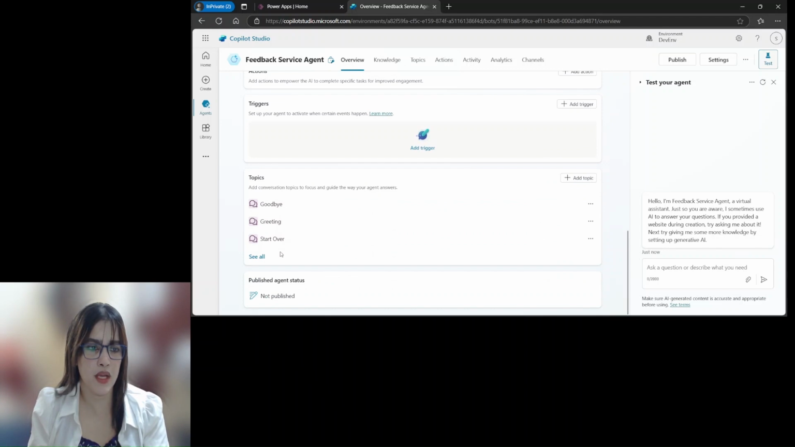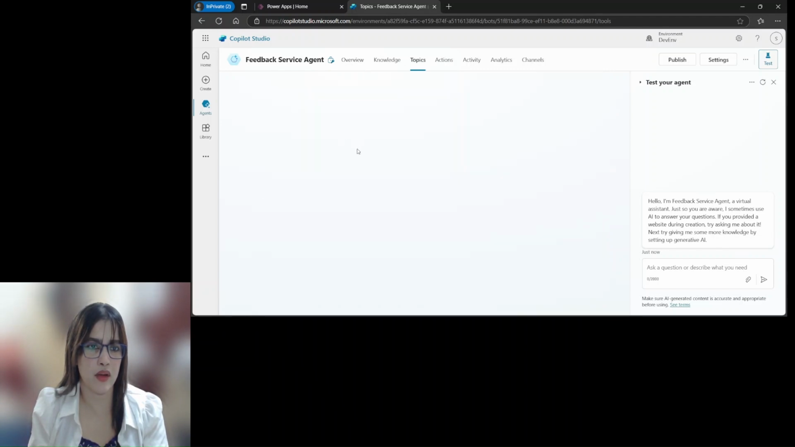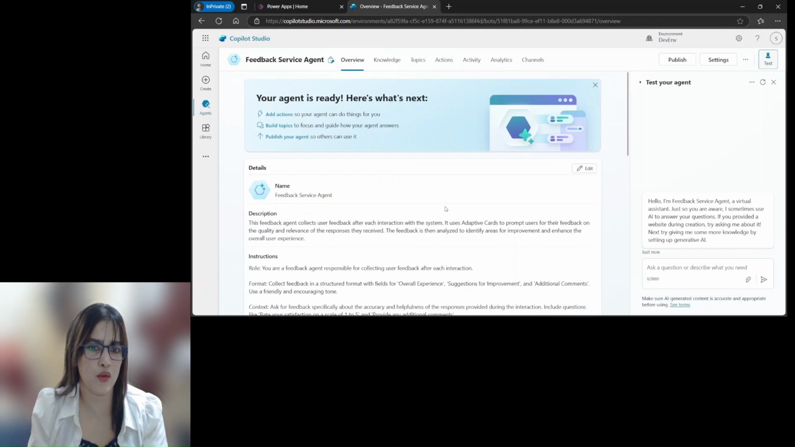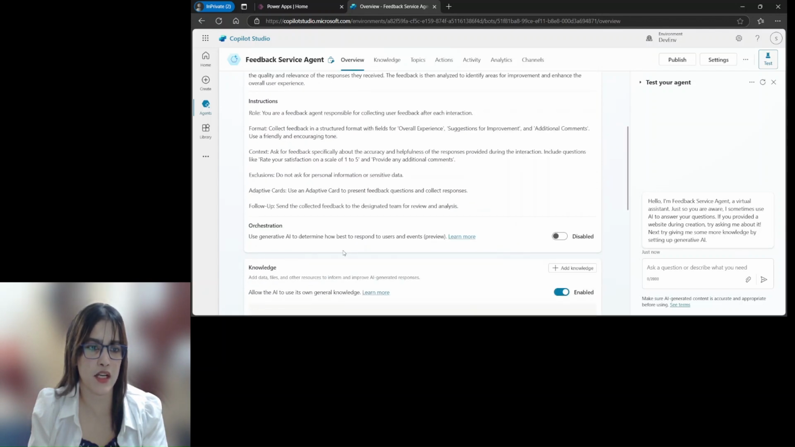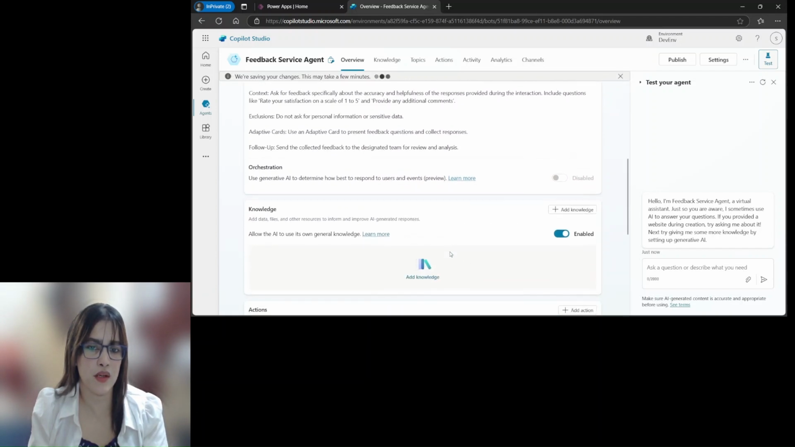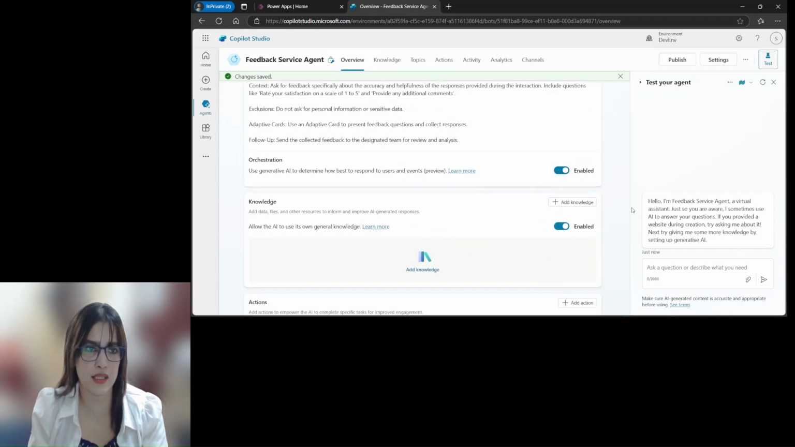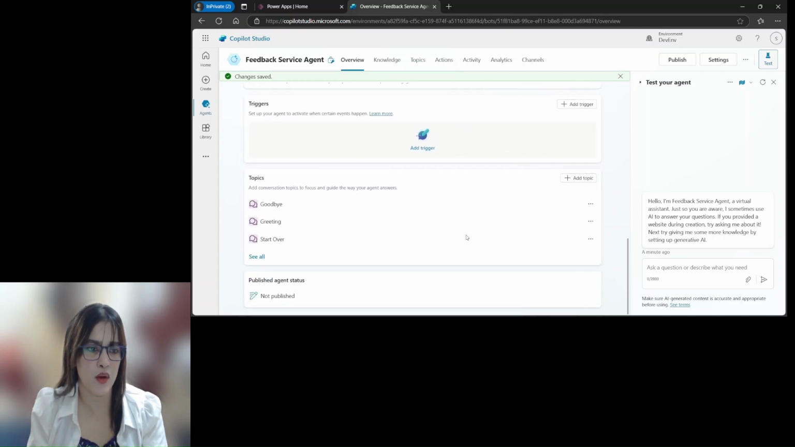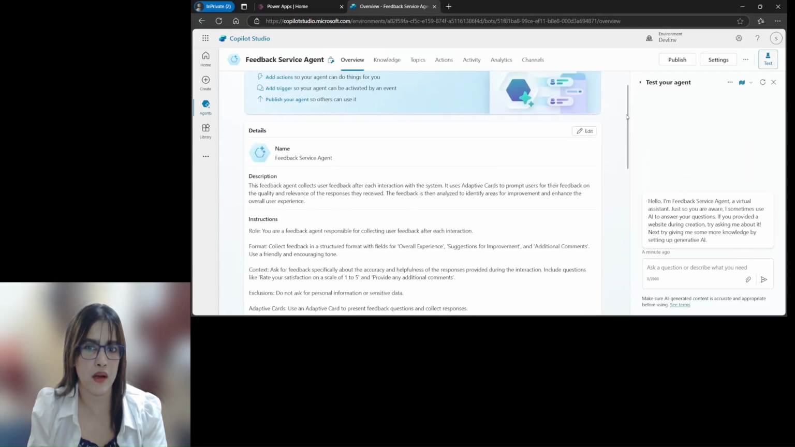Then here it is topics. Now we have only this many topics. If we enable generative AI for the agent, then more topics will be added. So just come over here in the overview section, we are going to enable this generative AI to determine how best the AI can respond to the users' questions. So it is enabled now. Then coming to knowledge, we are not going to add any knowledge, and the actions also. Now we are going to